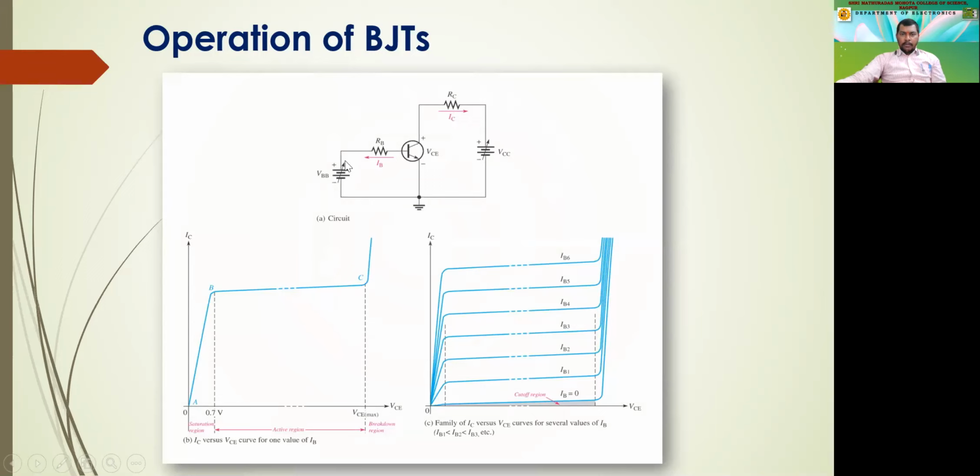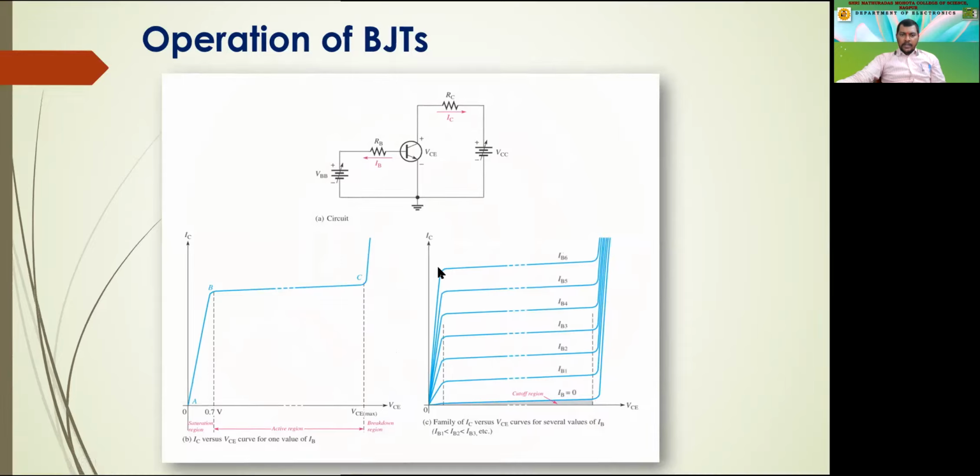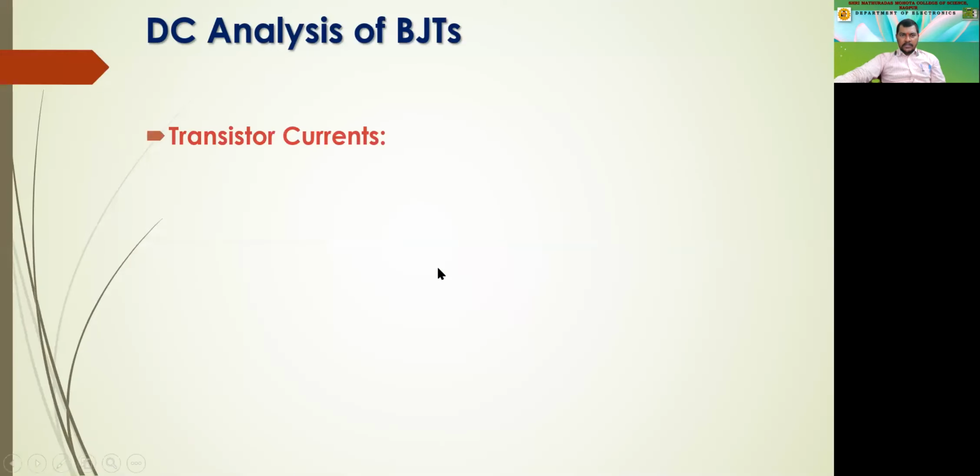So we are having this common emitter amplifier, and if you are able to see, we have studied this VCE on x-axis and the IC on y-axis. And as you go on increasing the base current, you'll be able to find that the collector current also increases, right? And then it becomes constant. So this particular region, which is below this blue line, is called as cutoff region, whereas this region is called as the saturation region. We'll again see this in another slide.